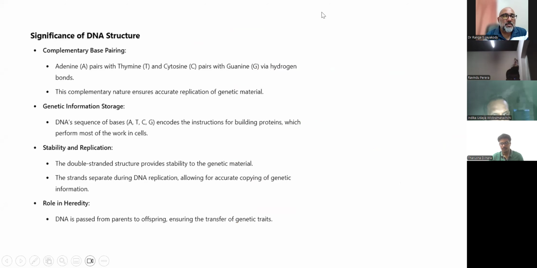So as we spoke here, the significance of the DNA structure: adenine, thymine, cytosine, and guanine. These are the molecules. If you want, you can forget about the chemical structure. I'm not interested in teaching you the chemical structure of it, right? What we are looking at is from more of a computer science point of view, and how this information is useful to us when we write codes and programs, and then how can that data be interpreted and analyzed to retrieve important biological information. So you have 4 building blocks,